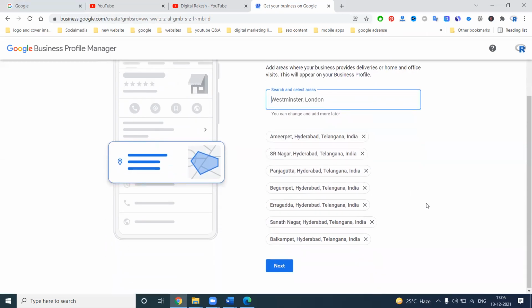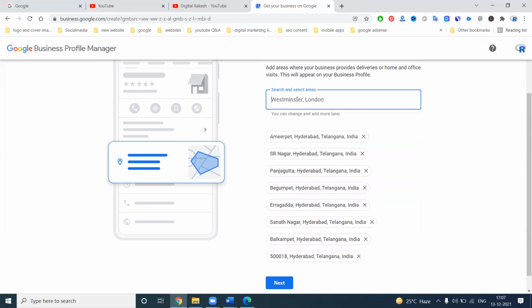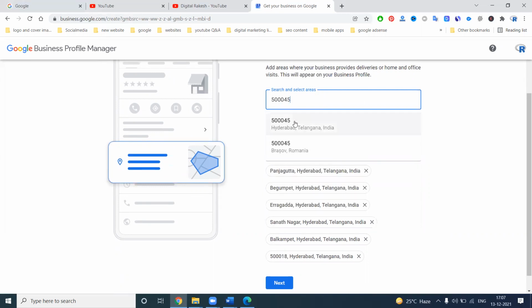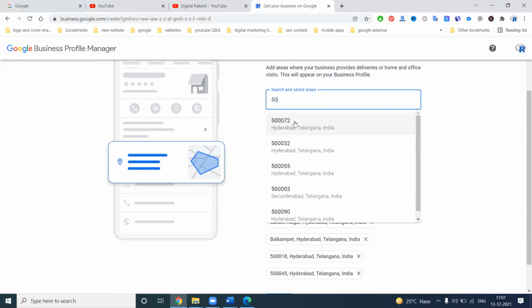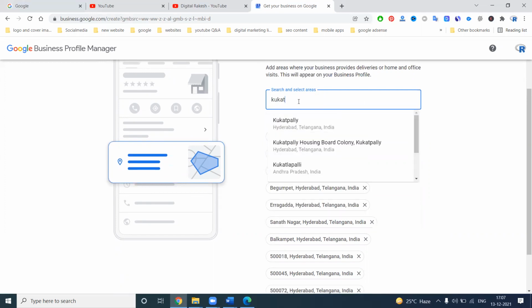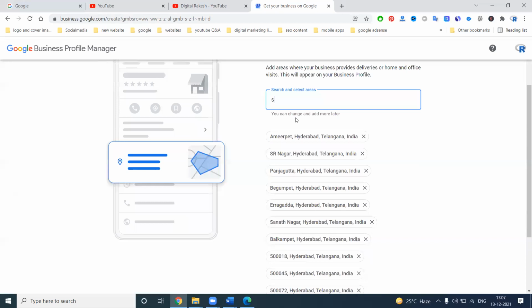So this is all the locations I'm adding here. So we can add all the locations.